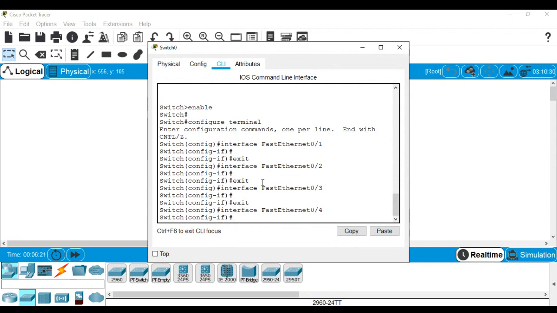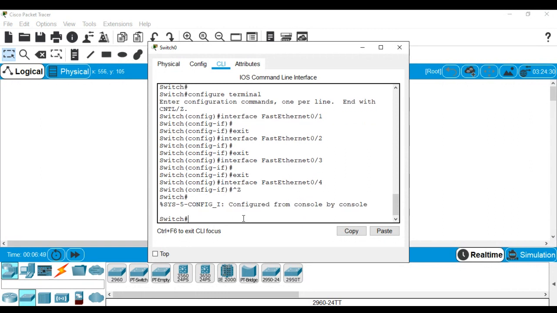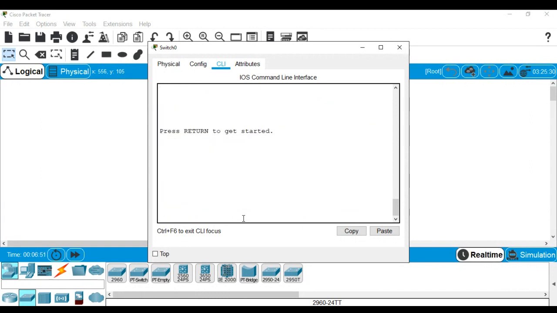The third one which we have is the command line interface, on which we are actually going to work. As already mentioned in the manual, a hash after the name of the host means we are in the privilege mode, where we are going to write the commands. And if we have just a greater than sign after the host name of the device, that means I'm just in the user mode, where we cannot execute a particular command. For that we have to come to the privilege mode. Fine, so I just write exit and I will exit my switch.